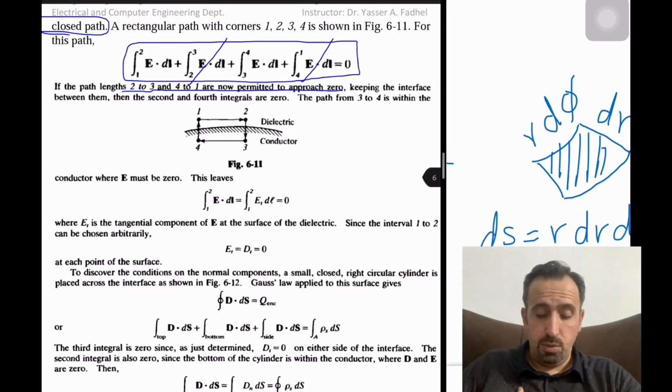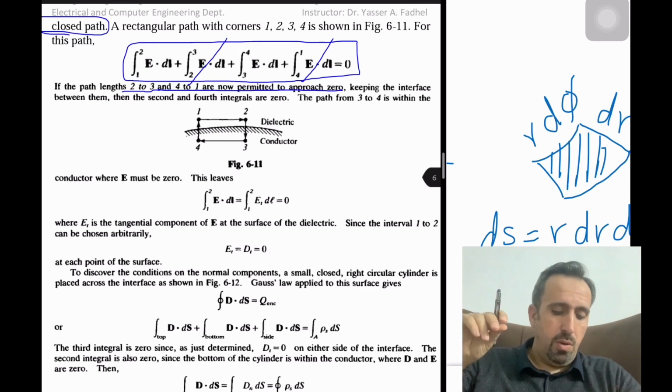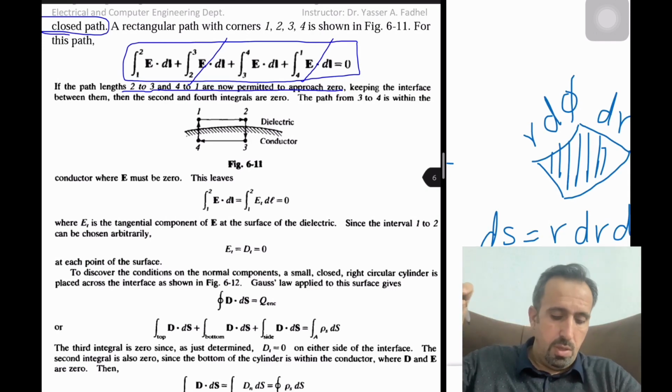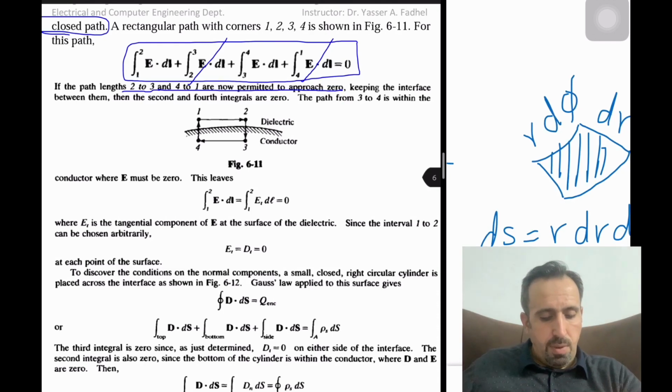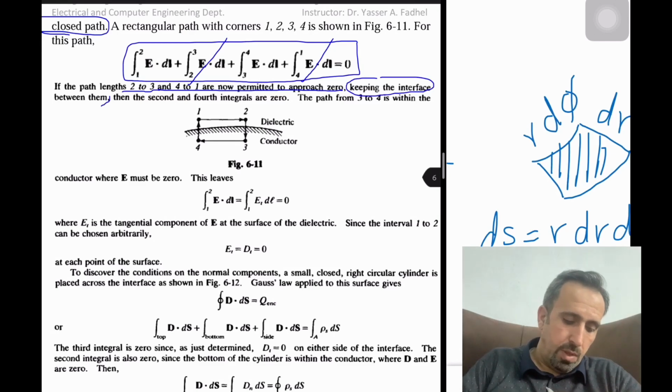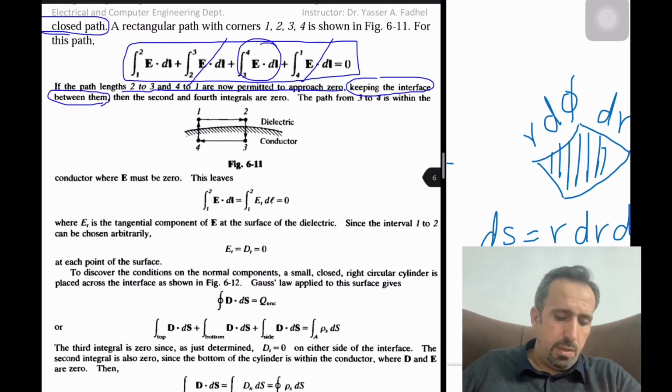So we can assume that this distance is very close to 0, and we are taking a certain case very close to the interface between these two different materials, the conductor and the dielectric material, keeping the interface between them without losing it. Something else for the third term: the third term could also be considered equal to 0. Why? Because